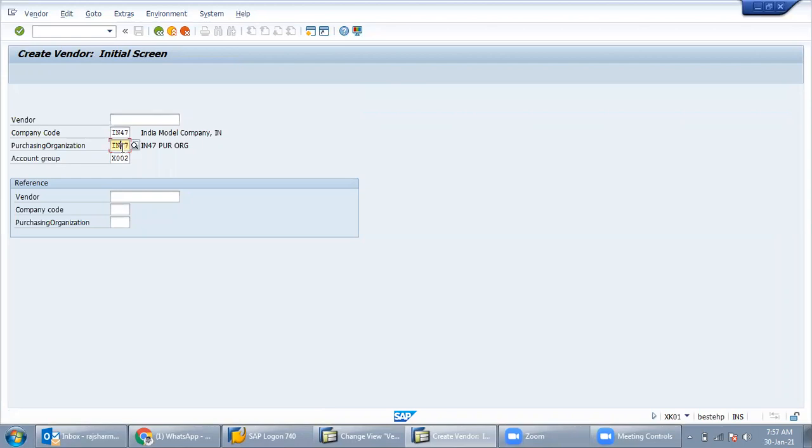So, any doubt till there? No, sir, nothing. But today we were more into the finance, FI consultant responsibility only, like in vendor master data. Exactly what is the responsibility of the consultant? Are we yet to come across it?